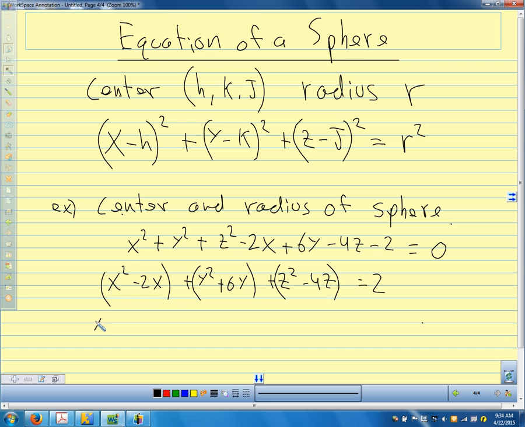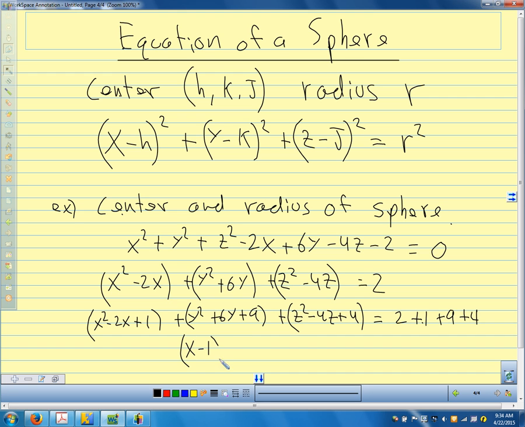So when I complete the square here, I get x squared minus 2x. What do I add here? Plus 1. And I'm going to put this over here, 2, I need to add a 1 there. Plus y squared plus 6y. What do I add to this one? Plus 9. I'm going to add a 9 here. And plus z squared minus 4z plus 4. Plus 4. Keep everything balanced, so I get